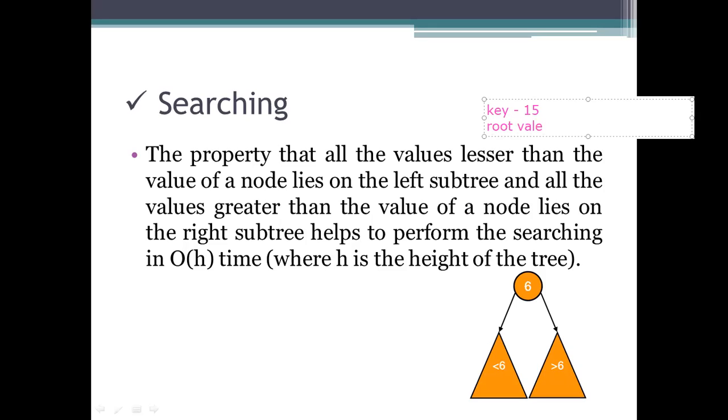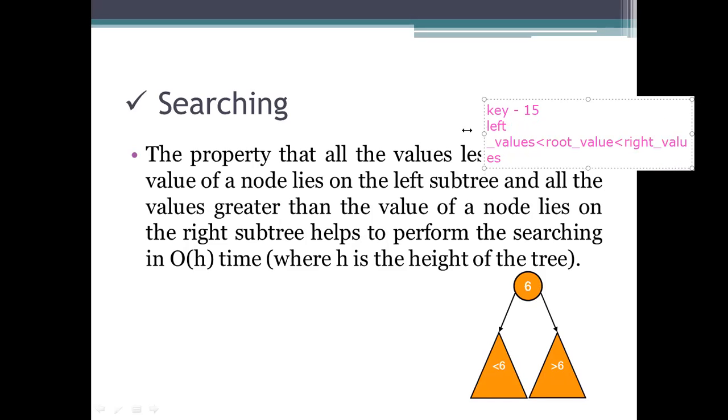The root value should be greater than all the left values, and the root value should be less than the right values.